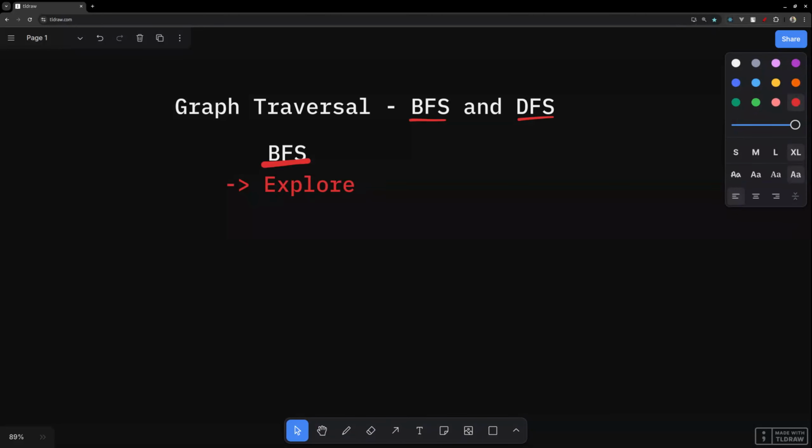So it explores a graph level by level, and basically how it does that is it starts from